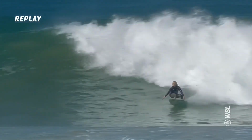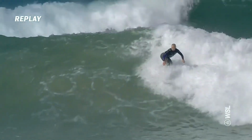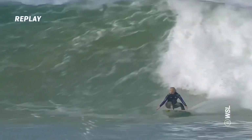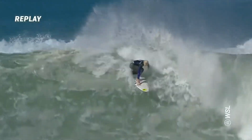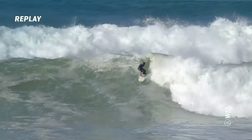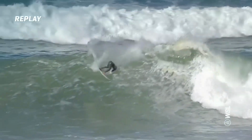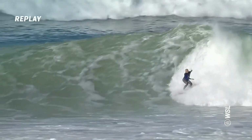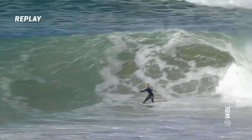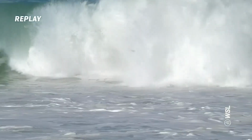Let's see this thing start to finish, Laura. Yeah, a bit fat at the start. We didn't get to see this, so let's see. But she waited for it right here to just bowl up and get straight up in the lip for that first turn. So nice and critical, slashing next turn. I just love the way that she can just whip her board around, slicing through there just to stay in the pocket and waiting for this absolute hammer, critical top to bottom turn that...